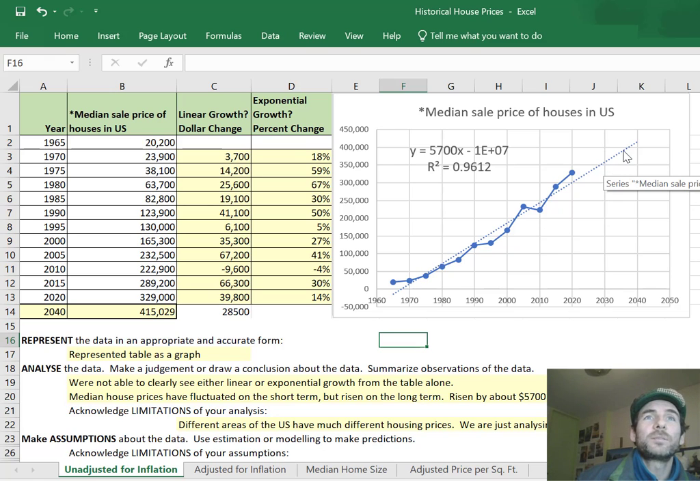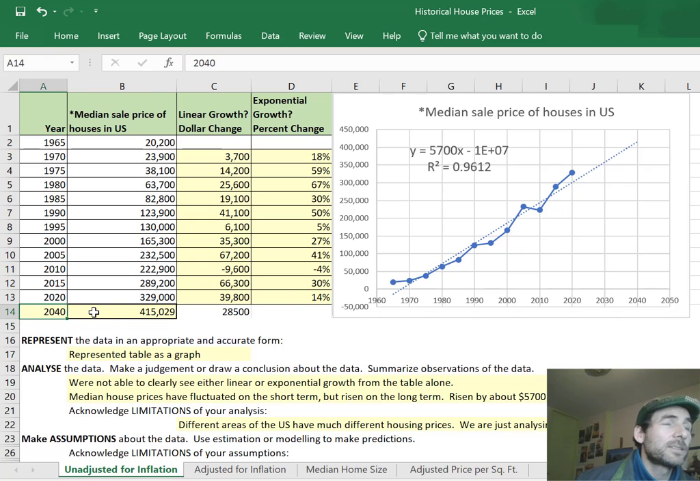So what about median house prices by 2040? By 2040, a little over 400,000. So maybe 410, 420,000, something like that, right? And over here, we've got a little forecast calculator for you. So what I've done here is it's really simple. I'll show you how I did it. On Excel, you can just go equals and just type in